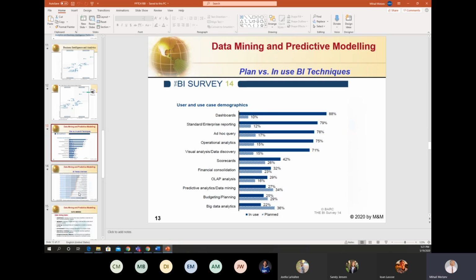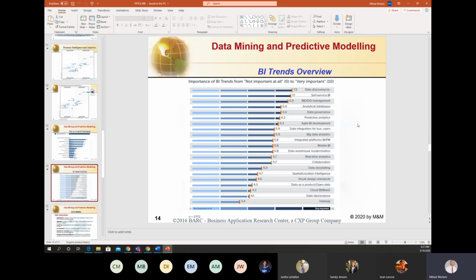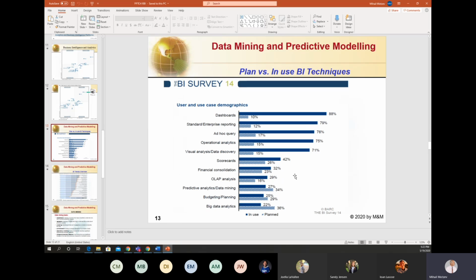And another survey about the importance of business intelligence and the trends for the future shows that, yes, data discovery and analytical databases, predictive analytics, all these above 6 out of 10, meaning above 60%, if we use the term percent, are considered to be really important, but at the same time, as we can see from the previous survey, they're not in use.